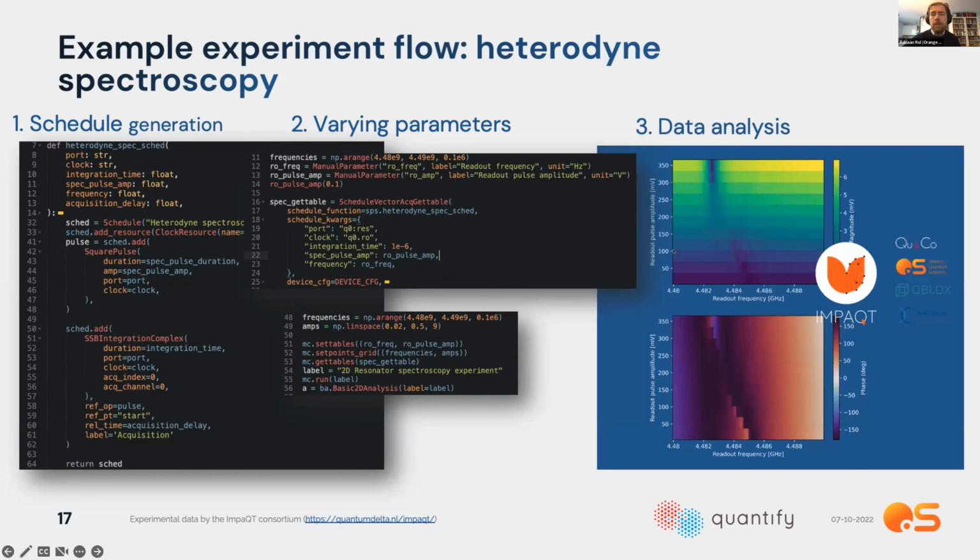And this is data that we measured using the Impact Consortium, a consortium of different Dutch companies, where we said, hey, let's see if we put our products together, we can build a full stack quantum system to test these kind of things. This is actually data that's about a year old by now, but it just shows that all of this works. And I think also just the little details I always like to highlight is the unit awareness of the labels, the automatic detection of the circular color map when we're talking about phases.